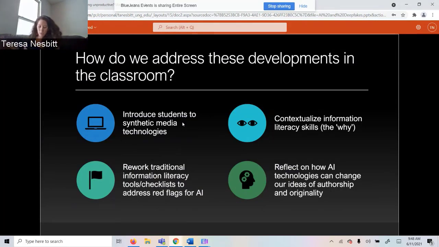And lastly, probably most importantly here, we're looking at the frame of searching as strategic exploration. Previously, when we were talking about deepfakes, I talked a little bit about how checklists don't really do much in helping our students identify deepfakes because the technology is changing too quickly. And so I really feel that the traditional models that we rely upon to teach the CRAP test don't really work as effectively if we're looking at AI generated content.